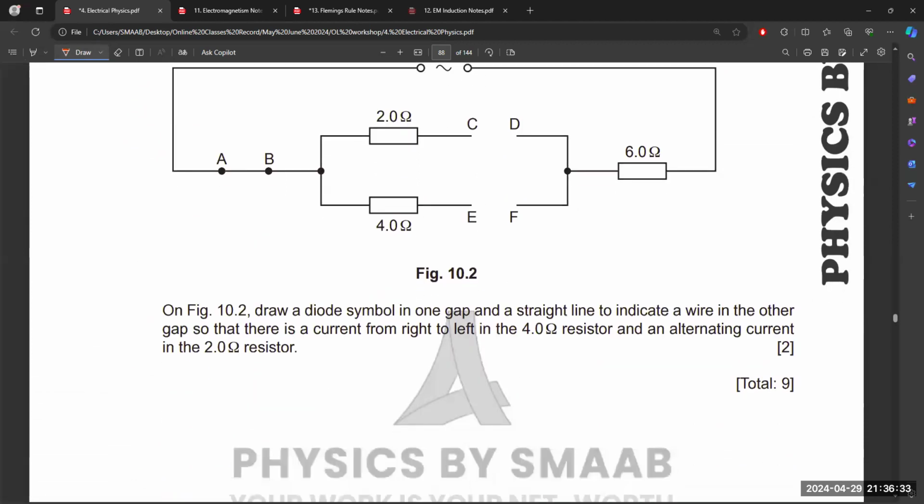On figure 10.2, draw a diode symbol in one gap and a straight line to indicate a wire in the other gap. So there is a current from right to left in the 4 ohm resistor and an alternating current in the 2 ohm resistor. So you have to draw the diode in such a way that there is a current from right to left